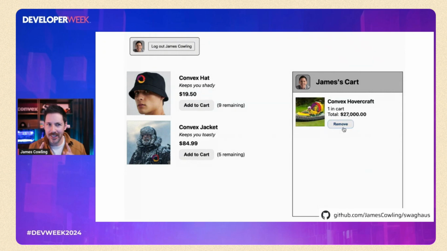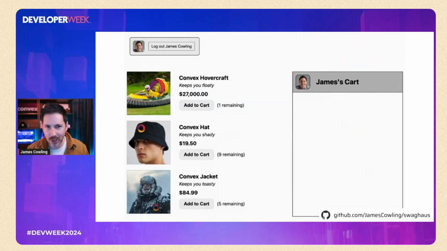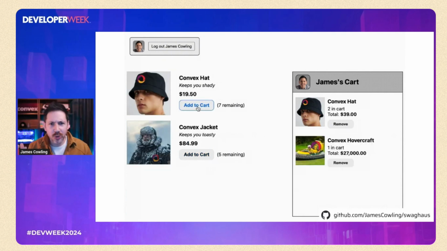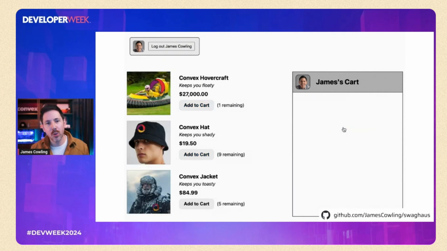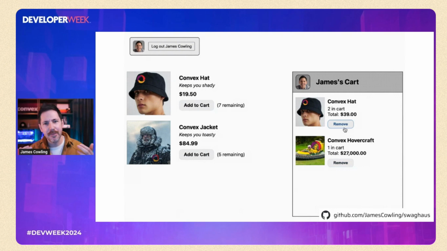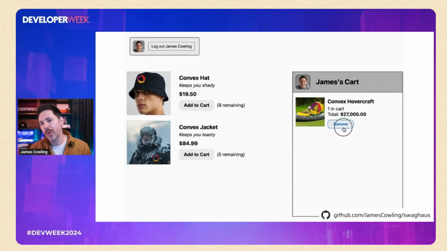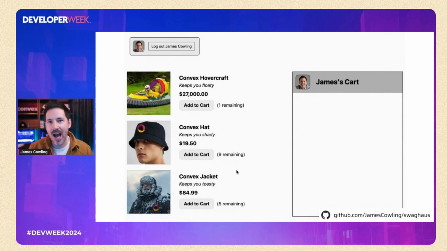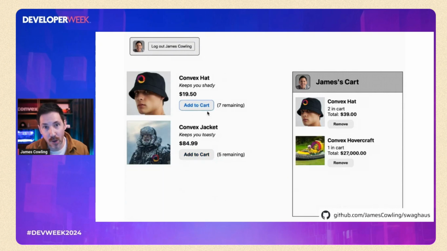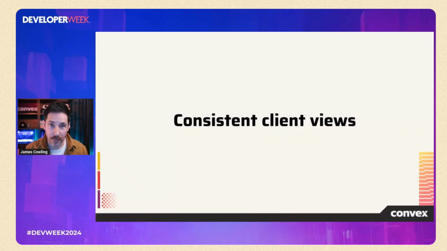But you might say, wait a second, James, there's two components on the screen here. There's a cart and a stock list. And those two separate components have two separate queries and two separate subscriptions. So what if one updates before the other? This is the web, right? Stuff happens asynchronously. So the developer is going to have to think about a whole bunch of corner cases when one updates before the other, and what if an item shows up in stock when it's not really there? I think the platform should take care of this for you too.